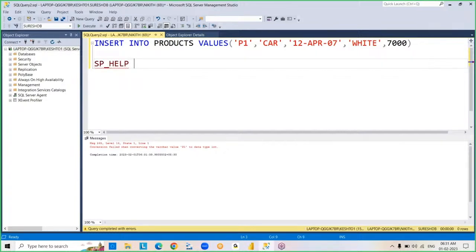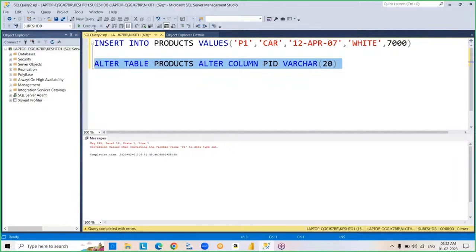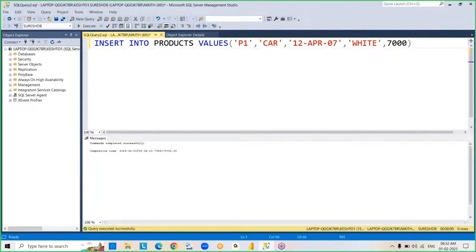Oh, we created the table again, right? Wait. Alter table products, alter column product ID varchar. So make it 20. Now it works. See this, data inserted. But my question is,